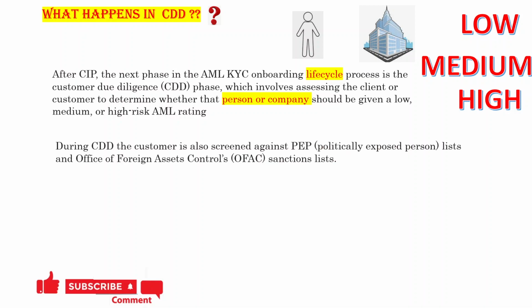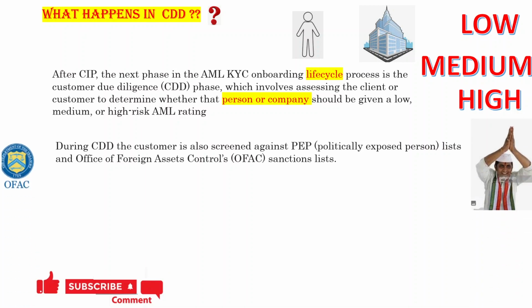During CDD, the customer is also screened against the PEP, that is politically exposed person list, and the OFAC sanction list. I have explained PEP very nicely in my earlier videos, and OFAC too. But today also I am going to show you what the OFAC list actually is. So this OFAC is mostly